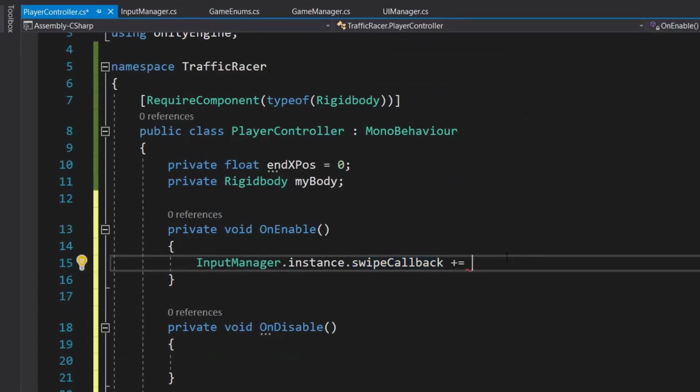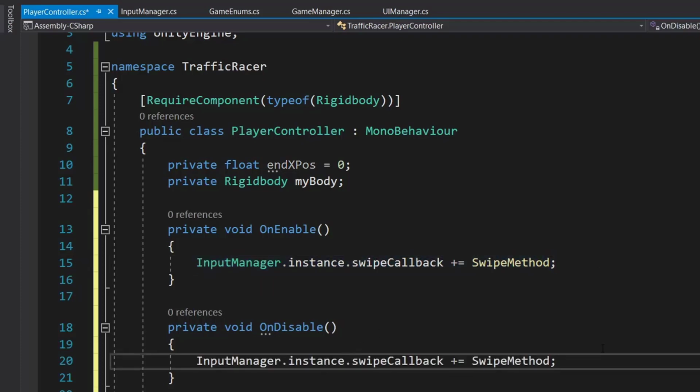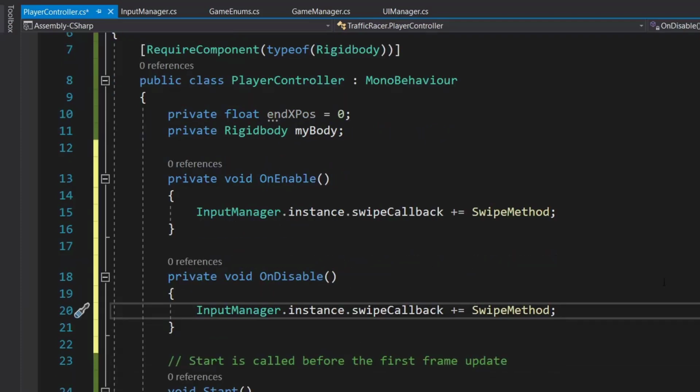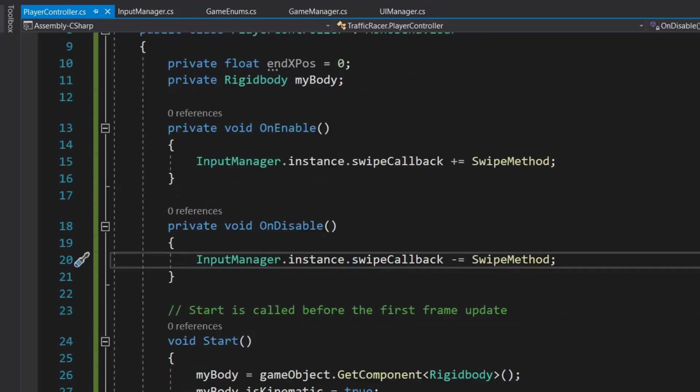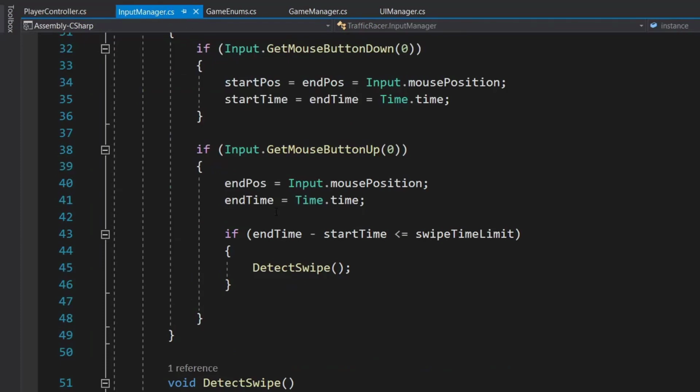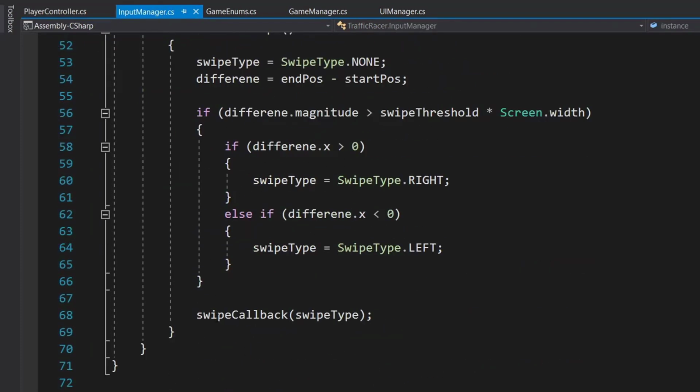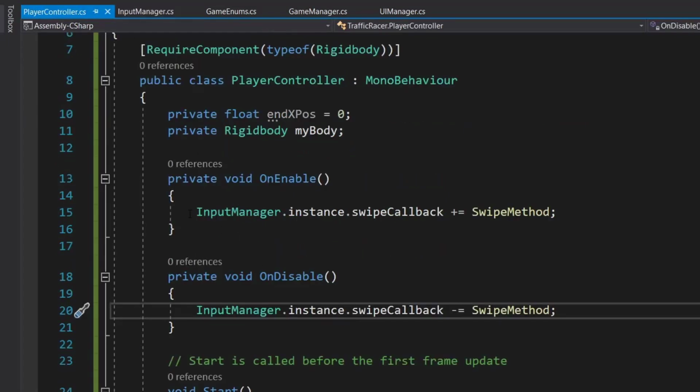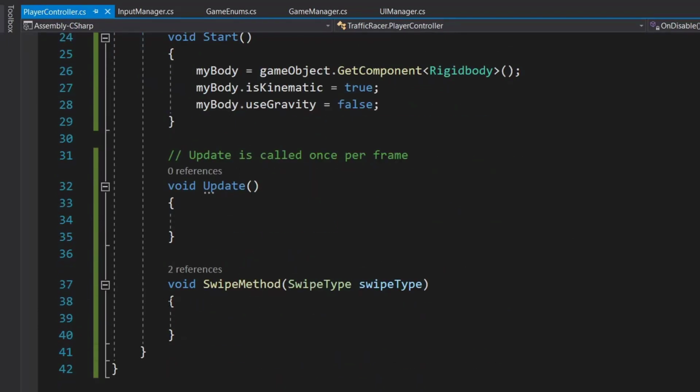So plus equals swipe method, copy this, paste it on here, and in on disable we are going to unsubscribe. So just minus it. Okay, so whenever our input manager detects a swipe, it will call this swipe callback and will pass the swipe type, and as our player controller is subscribed to it, it will listen to that event and it will call this method here.